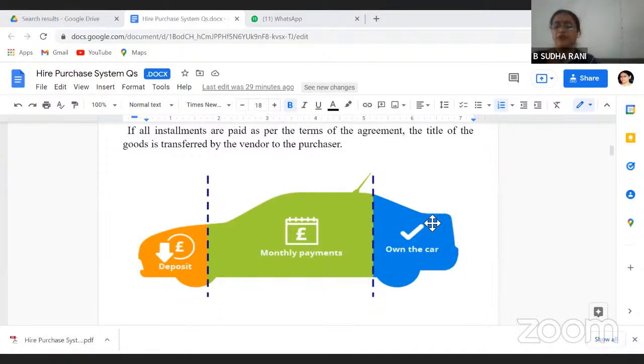At the end of the payment, the last installment, he owns the asset. I took the car for convenience; any asset is similar. So, at the beginning, he will not pay any installment on the day he entered into the agreement, but he will pay some initial payment, a down payment, or an advance. He deposits some money as an advance. After that, the balance he will pay in installments. Those installments we call rent.